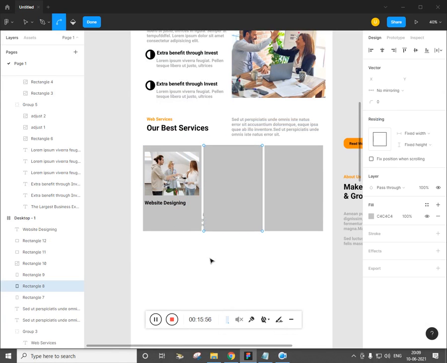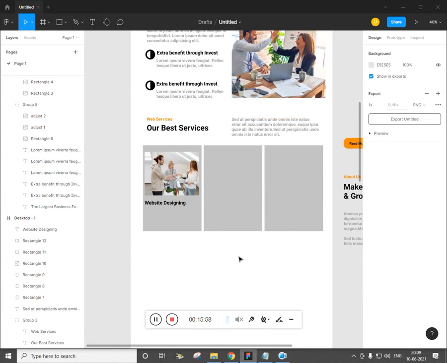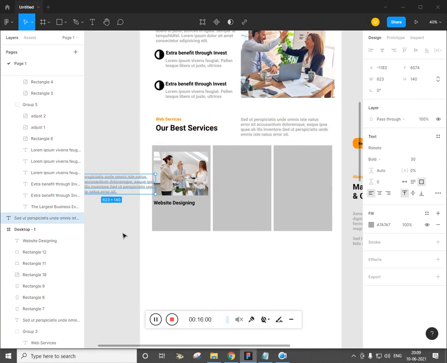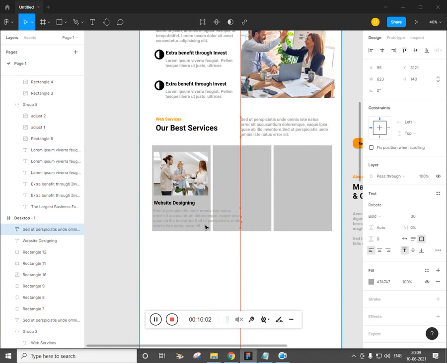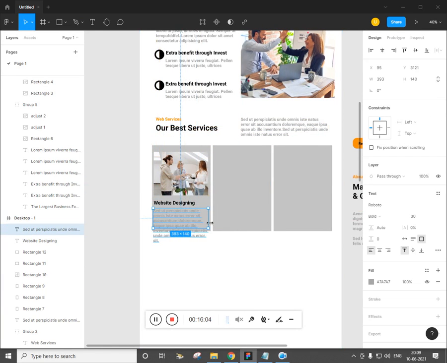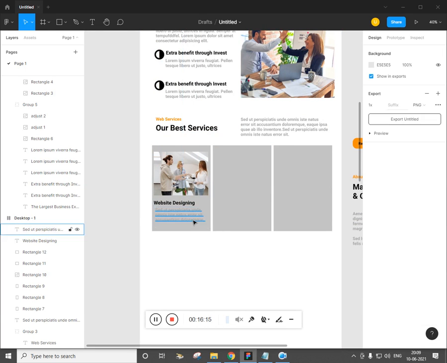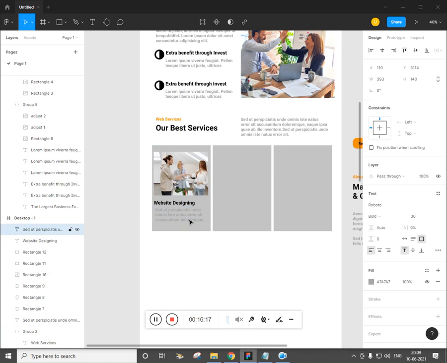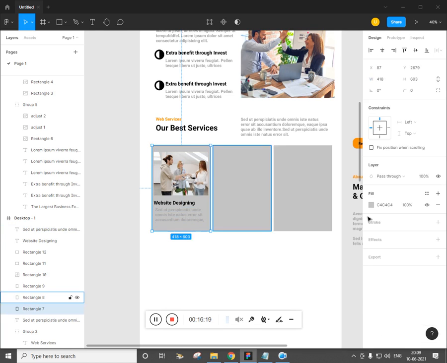We don't want this to be below. Alt drag, take it out and then paste it, make it smaller, just delete everything. Now we'll fill this with white.